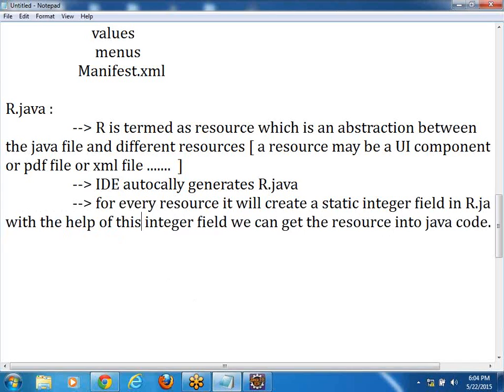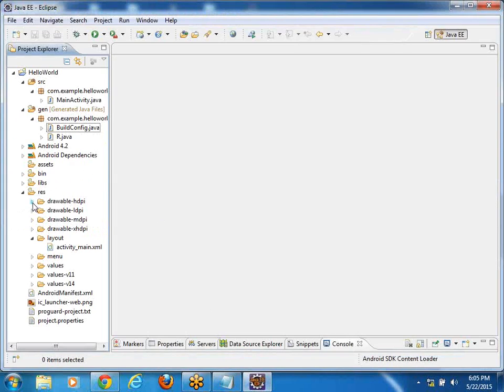So I hope you understand the first two statements: what is R.java and who will generate this R.java file. The third one is what? For every resource, it will create a static integer field in the R.java file. So meaning here, for example, in the resource folder, there is a folder called drawable. In the drawable folder, there is a file called IC launcher, right? So this is one file, this is one resource. In the layout folder, there is a file called activity_main.xml. Like that, for every resource,